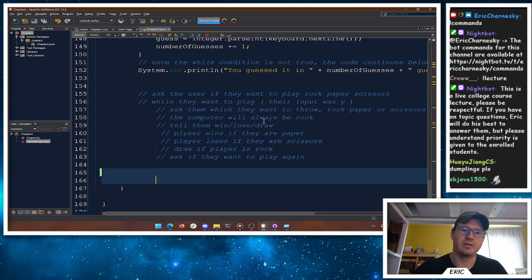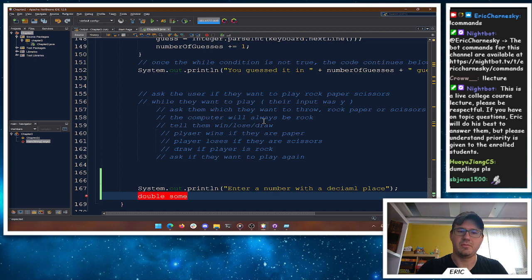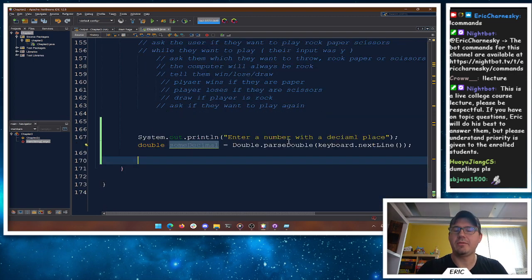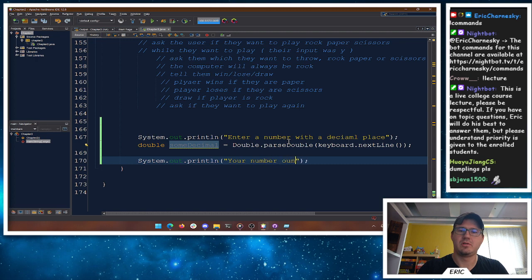So the first one here is the easy one. If you have a number, let's ask them to enter a number, the decimal place, and we have double someDecimal equals Double.parseDouble given keyboard.nextLine. So to round it up, we'll just say your number rounded up is